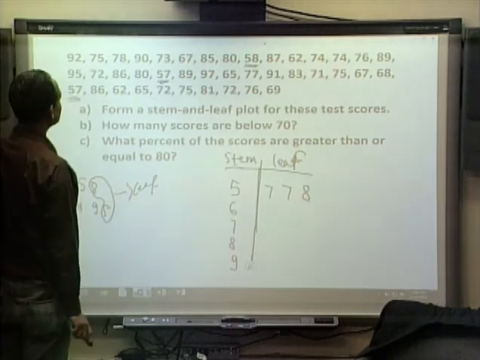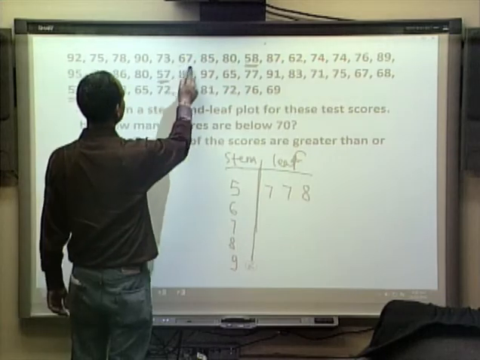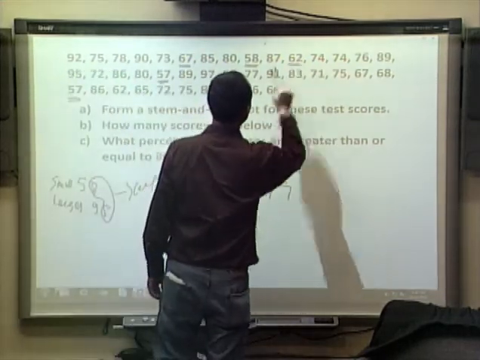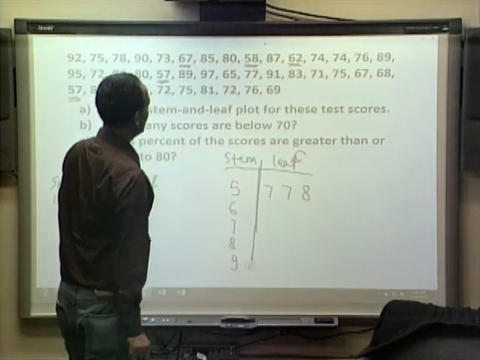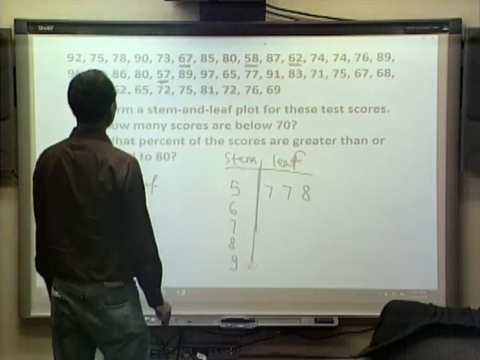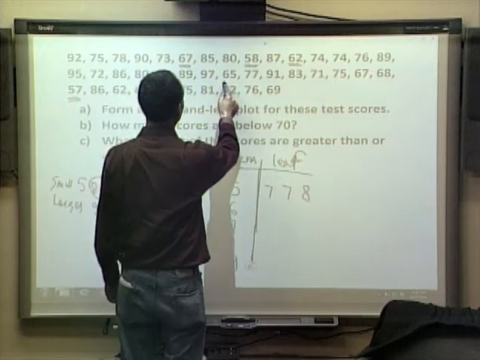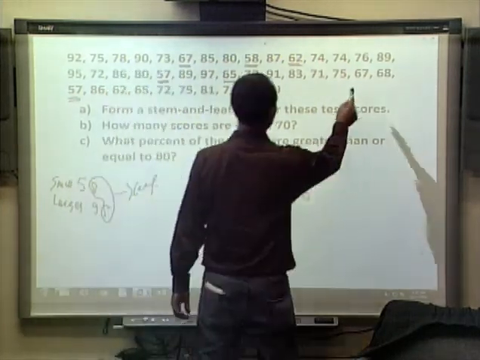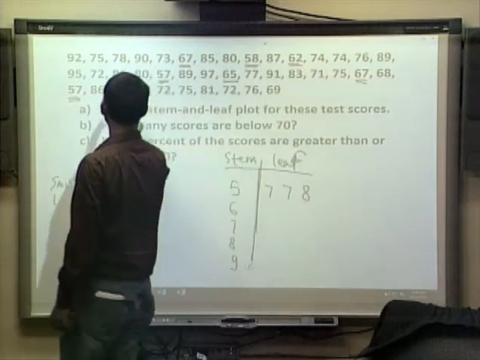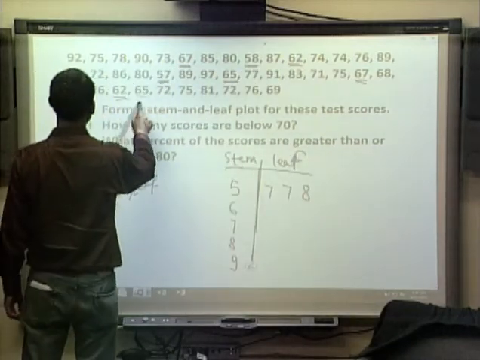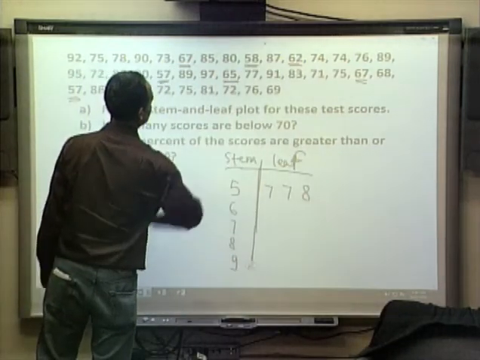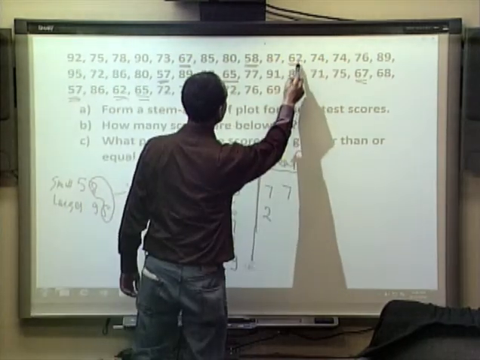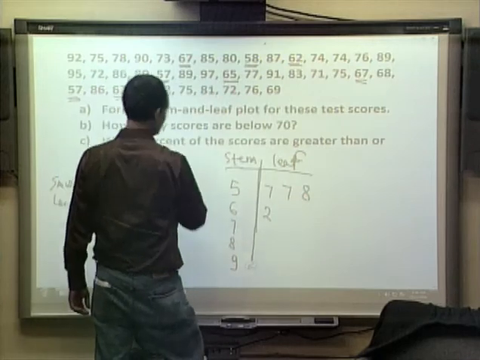Now, in the line of 60, I see a 67 here, I see a 62 here, and then I see a 65 here, and then 67 here, 62 here, 65 here, that is it. So, one of them is 62, there is another 62,